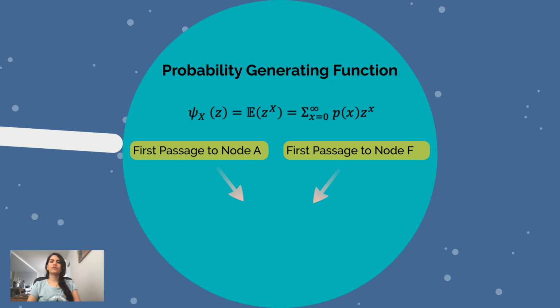For every generation of the network and each arbitrary starting node from generation t and level k of that generation, called C_k, we can compute the mean first passage time to nodes A and F. Employing the introduced probability generating function, the variable x would now correspond to the first passage time between source node C_k and each of target nodes A and F, and p of x will give us the probability of this first passage time. Eventually, our question translates to computing the expected value of x here, which will be obtained from this equation.